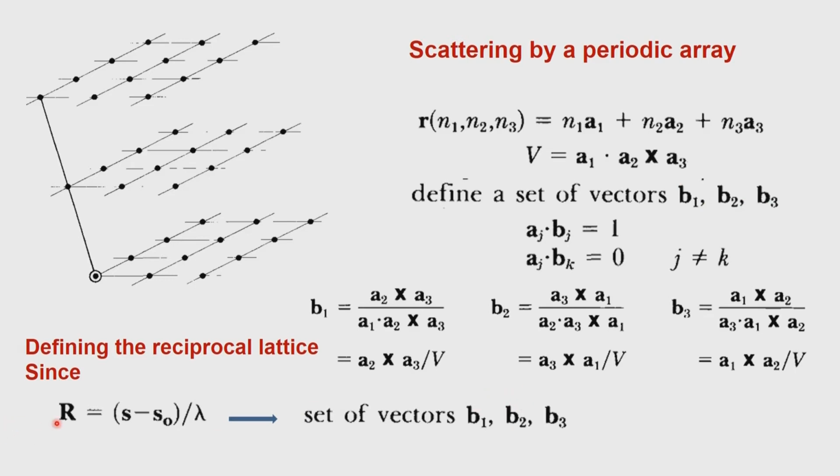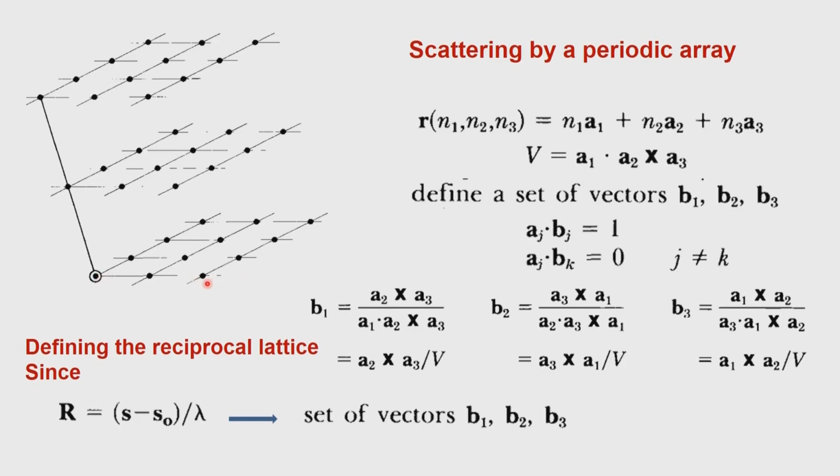the so-called scattering vector R, because it defines now a lattice of vectors b1, b2, b3 just like this lattice. Suppose we now sit at an origin and these are b1, b2, b3, we can define the values of b1, b2, b3. I am not saying a1, a2, a3 is equal to b1, b2, b3. b1, b2, b3 is the inverse of a1, a2, a3, or the reciprocals of a1, a2, a3.